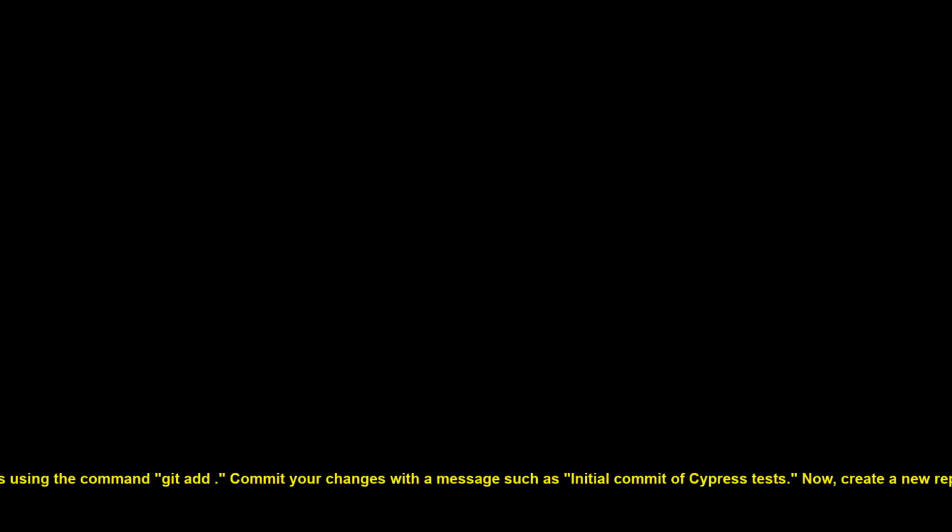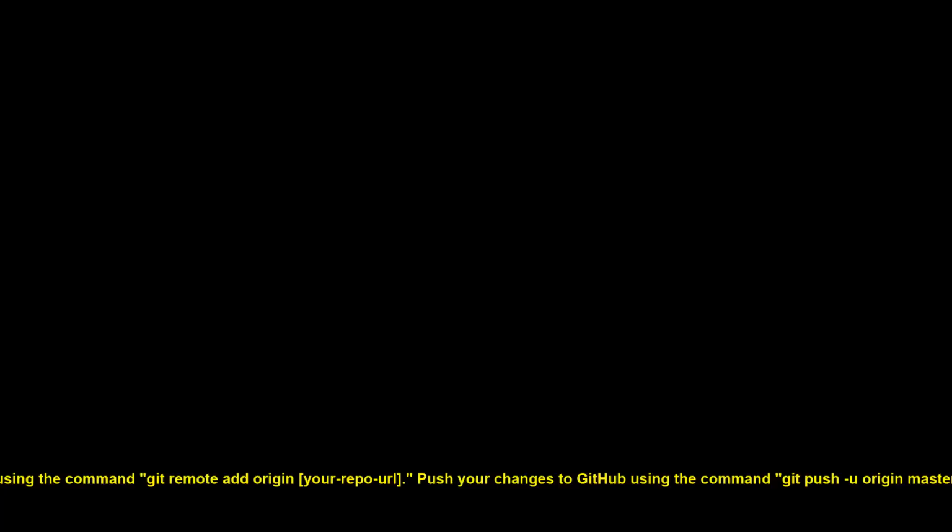your changes using the command git add. Commit your changes with a message such as initial commit of Cypress tests. Copy the URL of your new GitHub repository. In your terminal, link your local repository to GitHub by using the command git remote add origin, your repo URL,